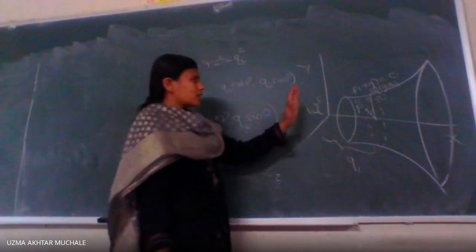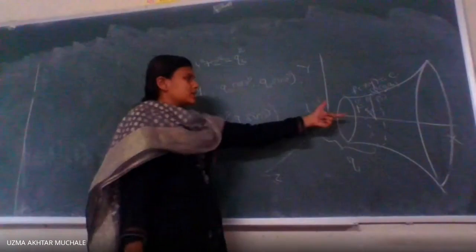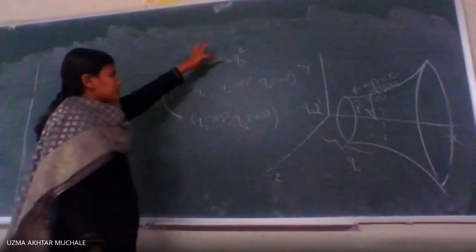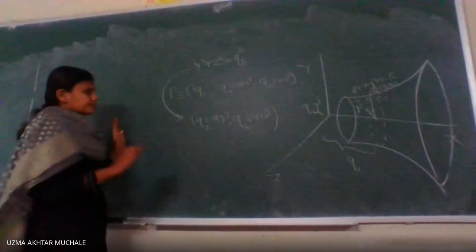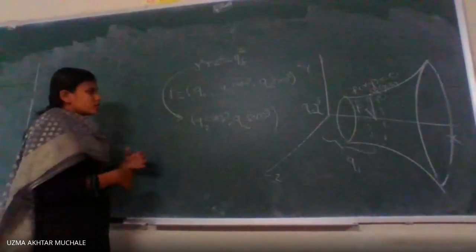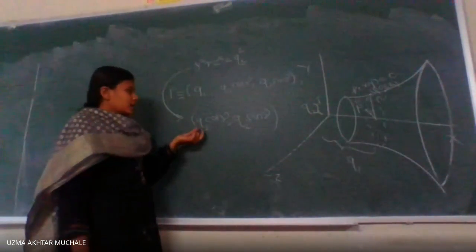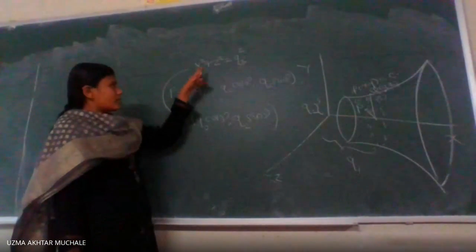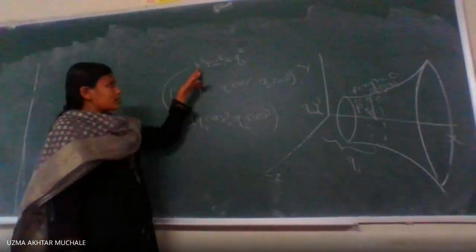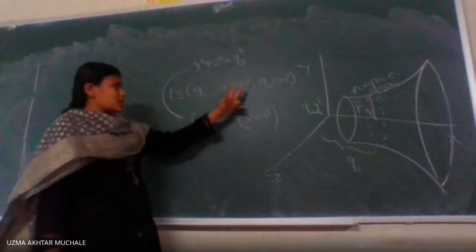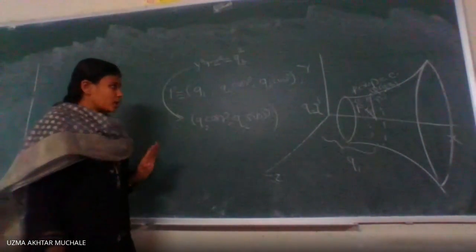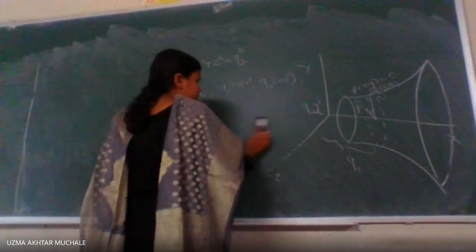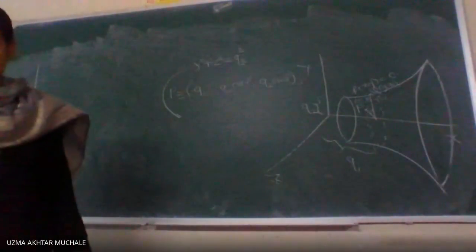This equation of a circle we have taken as this circle is parallel to the yz plane. Hence we have written it as y square plus z square is equal to q2 square. So how to write down the equation of a circle in terms of r and theta? This is our r and this is an angle theta. So instead of writing for x square y square, we are writing for y and z. So these are y and z. Okay. So here we have found the point on the surface with the help of a point on the curve.